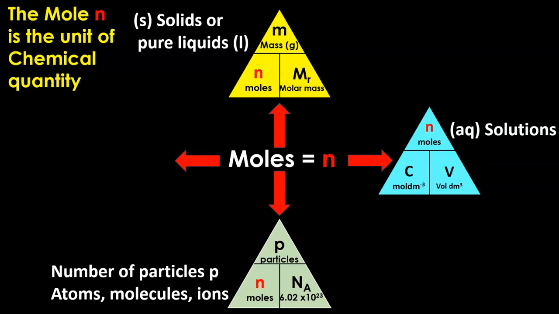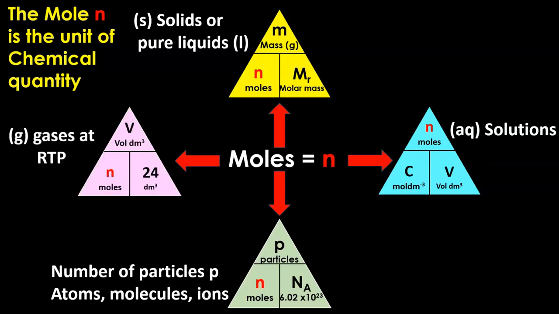Well, the relationship is simply this. The number of particles is the number of moles times the Avogadro constant. This is the familiar 6.02 times 10 to the power 23. This is the number of particles in a mole. And so obviously we need this whenever we have a question asking to calculate the number of atoms, moles, molecules,